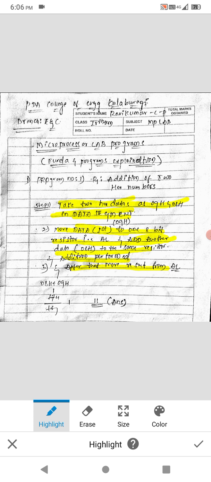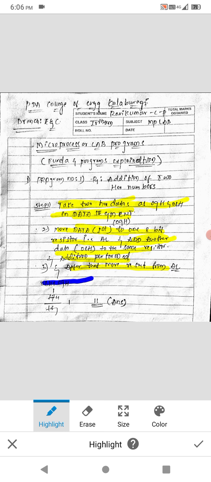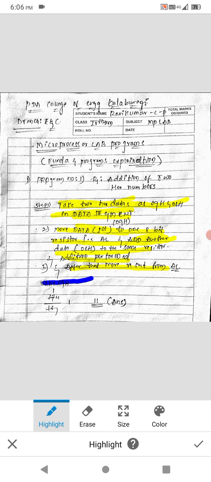This is a simple program, so I think you understood the funda. Here 08 hex and 09 hex are there. If you add, you will get 17 hex. Then we divide it by 16, so we will get the answer as 11 after executing the program. So keep in mind, we will get the answer as 11.